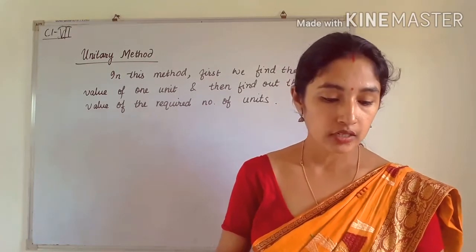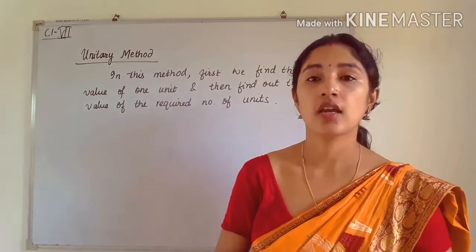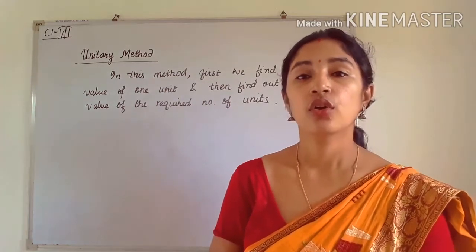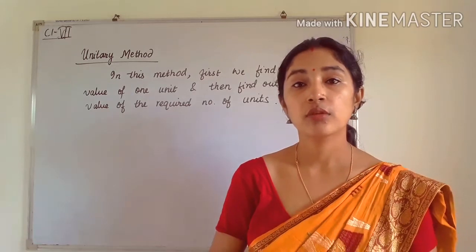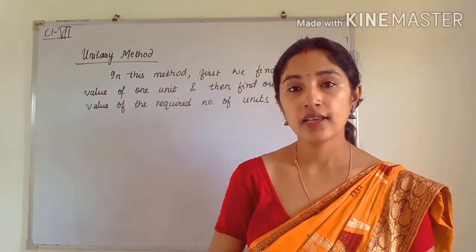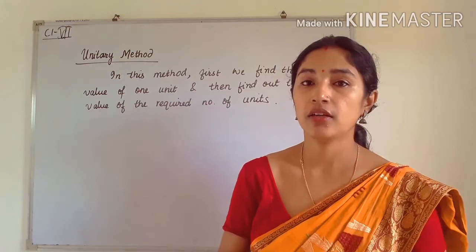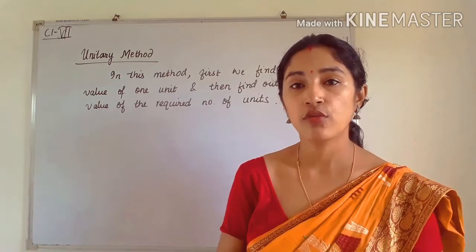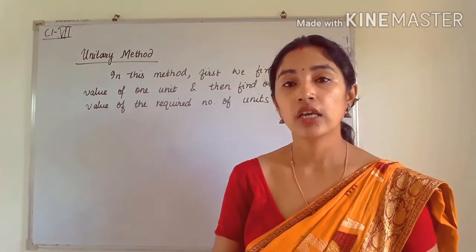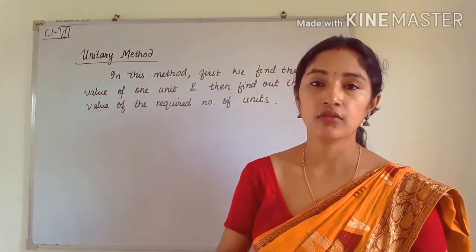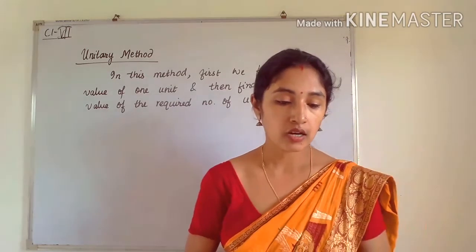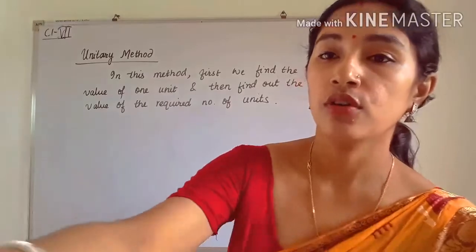Okay. So that is the unitary method, like in exercise 8.3 or 8.2. In 8.3 we are doing it using proportion. In that case we can also use the unitary method. That means we have to first of all find for one unit, then we can easily find for many by multiplying with that number. Okay. So let us start this exercise 8.4.